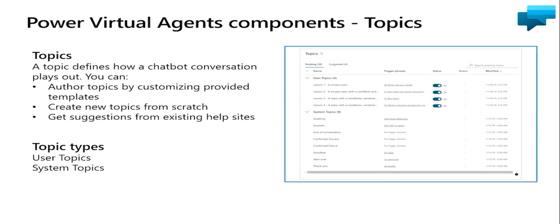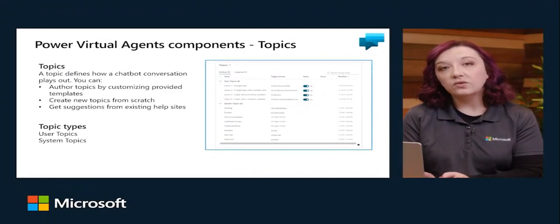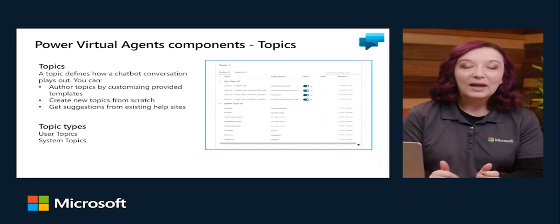There are even a lot of existing resources or help sites that can provide you with some suggestions. I recommend that you take a look at our community forum at powerusers.microsoft.com. A topic will also have what we call trigger phrases. These are phrases or keywords or questions that a user is likely to type that is related to a specific issue. The AI then uses natural language understanding to parse what a customer is actually typing and then find the